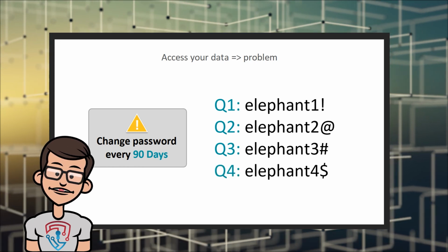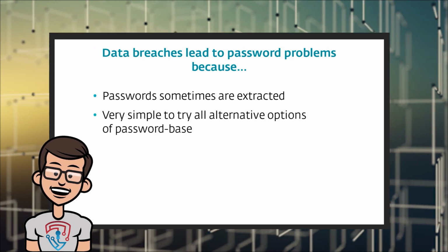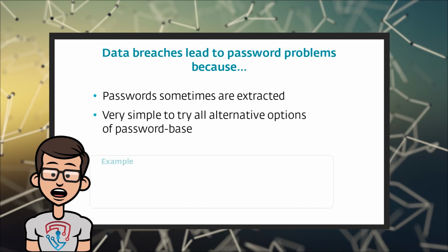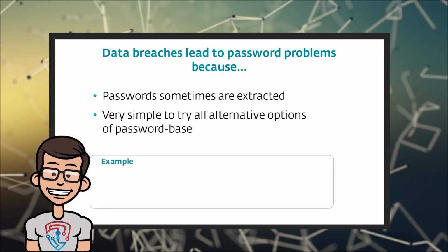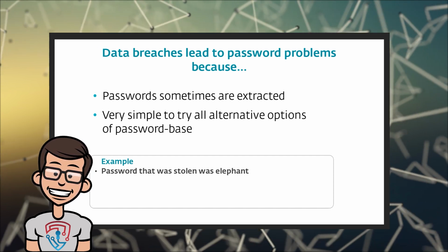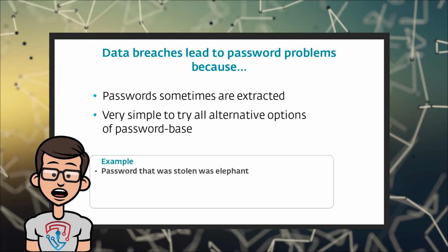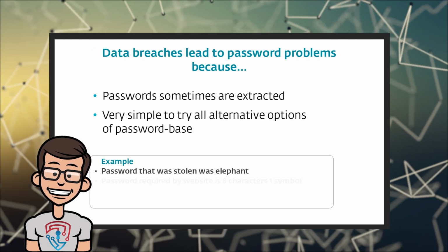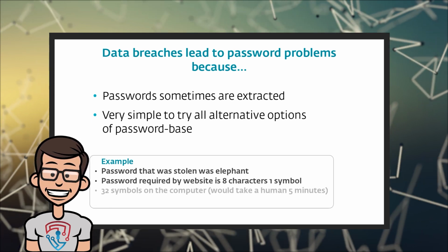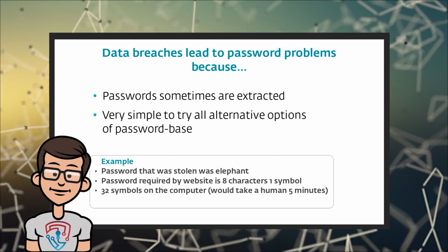But after your password is stolen, it's very simple for people to try all of the alternative options of the password. So for instance, if a data breach happened and the password that was stolen was elephant, they would go to a website, maybe Facebook, maybe your email, and look to see what requirements they have for making a password. For instance, if a website requires 8 characters and a symbol, there are only 32 symbols on the keyboard, so it would take a human 5 or so minutes to go ahead and crack that password by trying all of